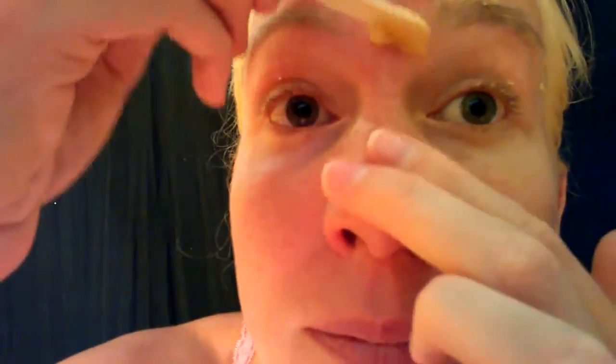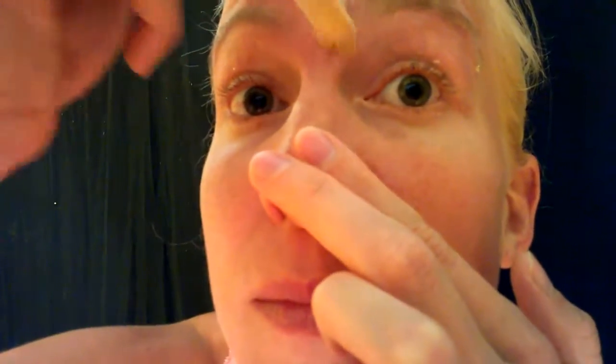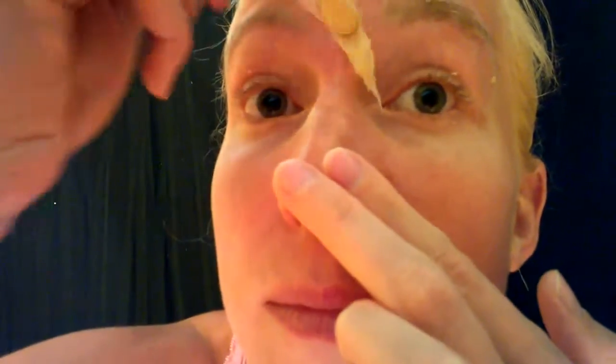It probably looks funny because I'm opening my eyes really wide, I just noticed, but I was doing that to stretch the skin in between my eyebrows. The tighter the skin is, the more hair you're going to get to come off, and also the better it'll come off. Like if you're having a hard time with the sugar coming off,